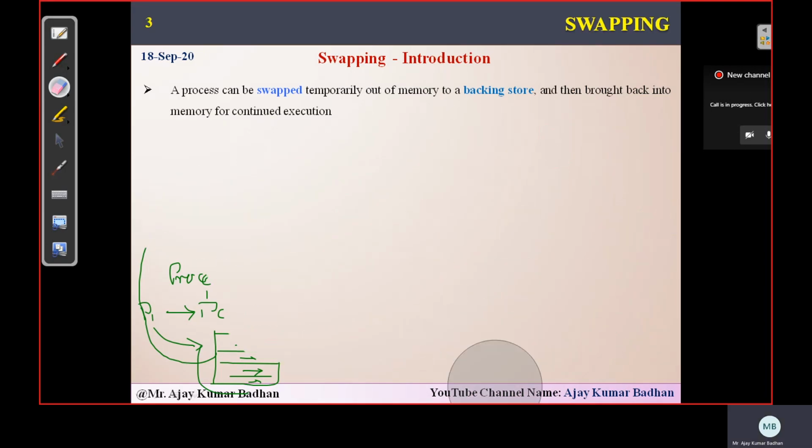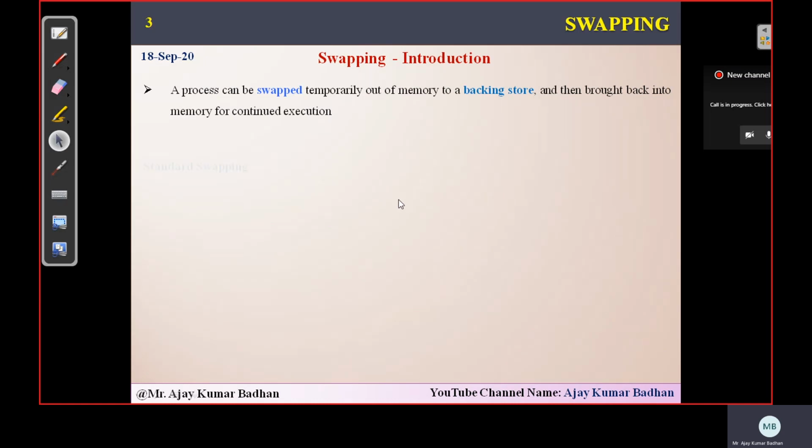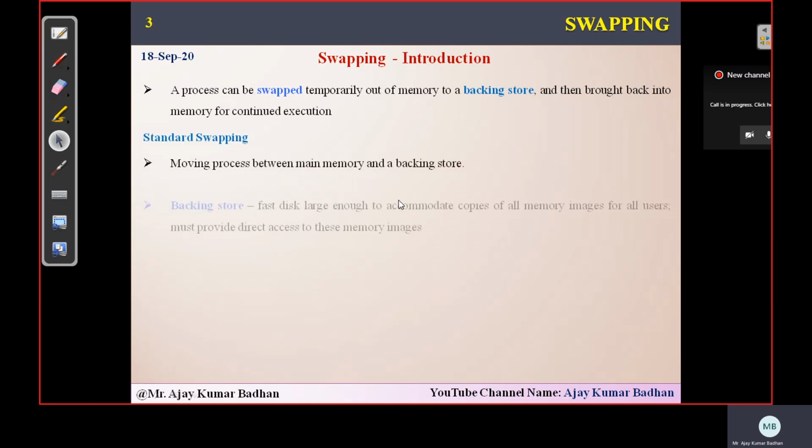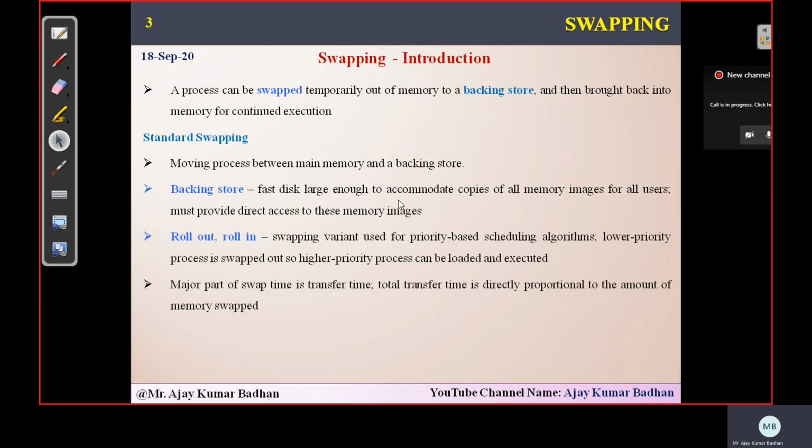I'll erase all this and show you in the next slide so that it becomes easier to understand rather than drawing and explaining like this. These are what we have discussed right now, and that is what is represented here. What I said is, we have a backing store. A backing store is nothing but your standard external hard disk, which is very large in storing information. Obviously you might have in your system a 500 GB, or a 512 GB or 1 TB hard disk. It is very large space and it can accommodate all the copies of your memory images.